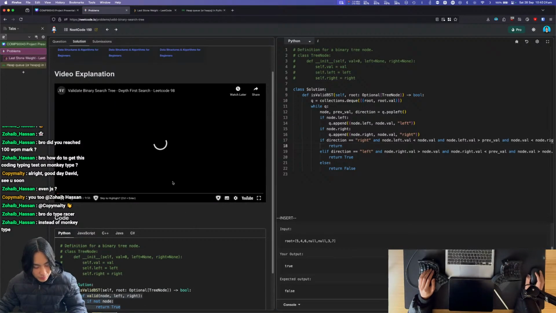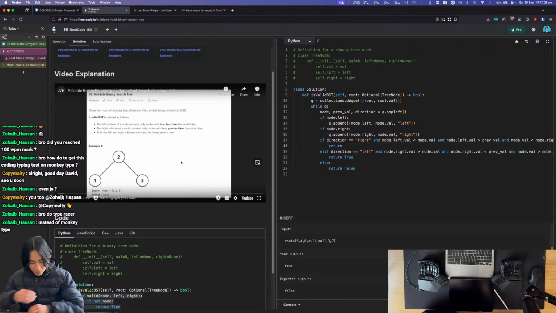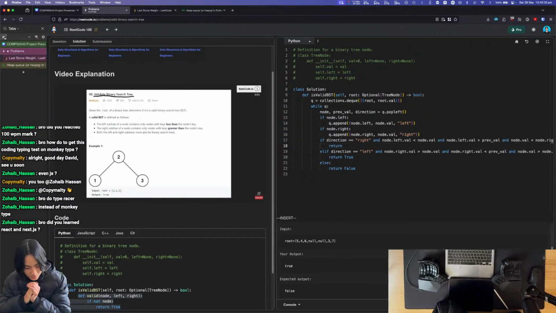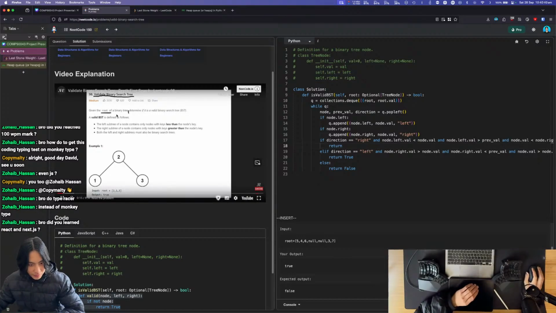All right, let's see. Hey everyone, welcome back, and let's write some more neat code today. Solving validate binary search tree. A very good question for practicing binary search tree questions. We're just given a root of a binary search tree, and we just want to determine, is it a